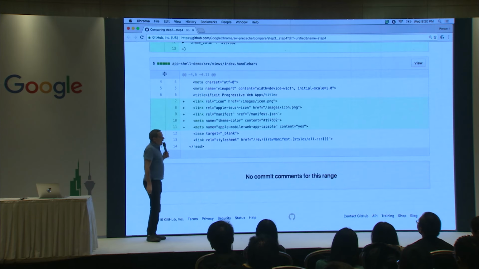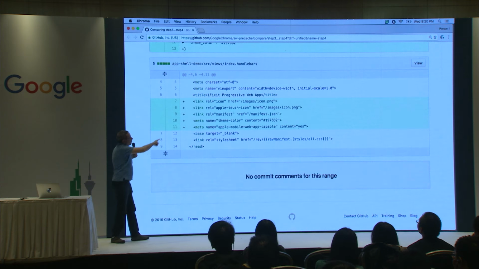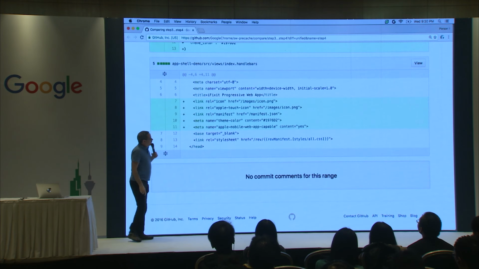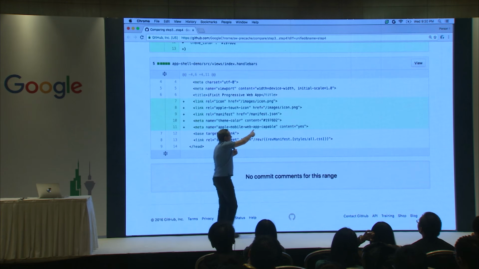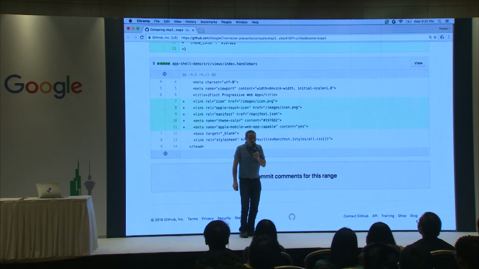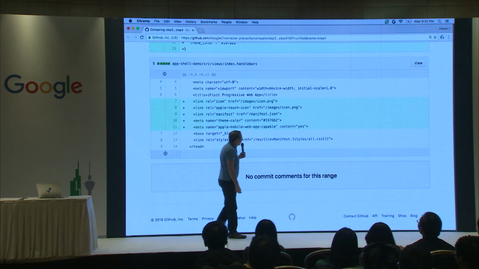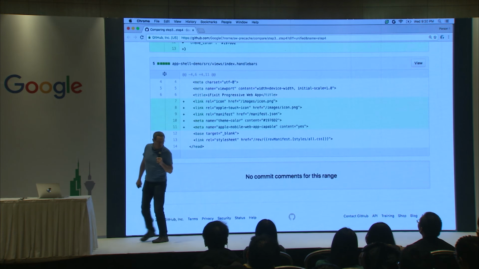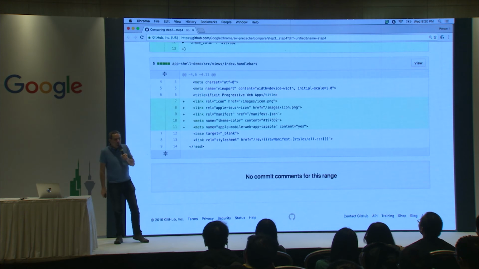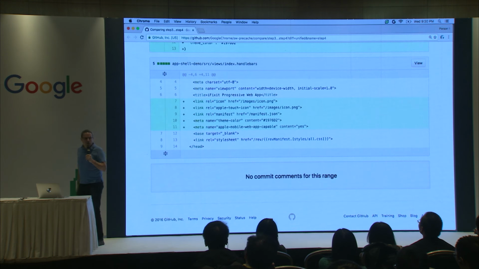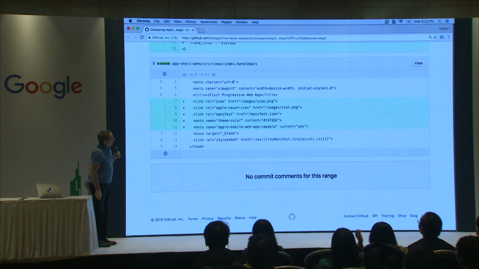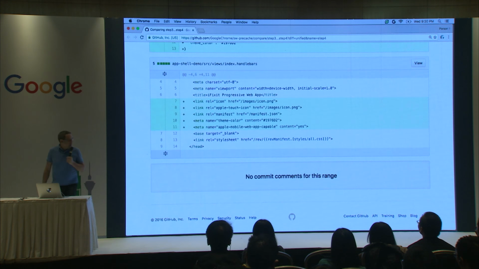And we need to add the Apple meta tags, right? So we need to do the icon, the Apple Touch icon. We need to do the Apple Mobile Web App Capable. I always hate typing that one in. It's so long and annoying. But Apple Mobile Web App Capable, yes. And then we need to tell the browser about our manifest file. So that's the one right there in the middle. Meta name, link rel manifest, and point to our manifest. All right? So we've added our meta tags.